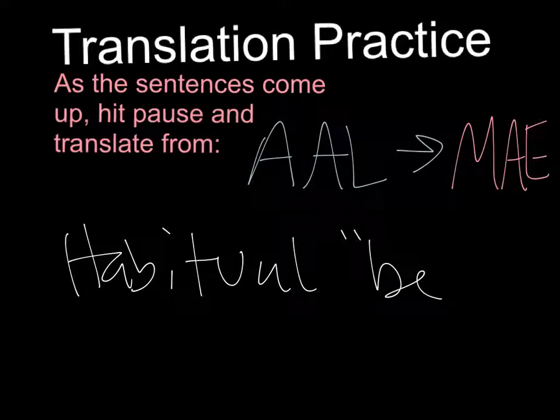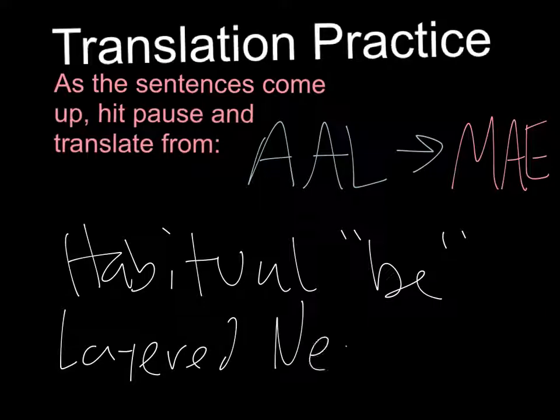That is, the to be verb being used to represent more of a habit, anything in the past, present, or future, and you can even drop that be until you have a sentence that makes linguistic sense. And then also think about the layered negation. That was having those nested double negatives, triple negatives, stuff like that, that still kicks out to reinforce the negative, not to cancel it out. So be thinking about those as you take a look at our sentences.